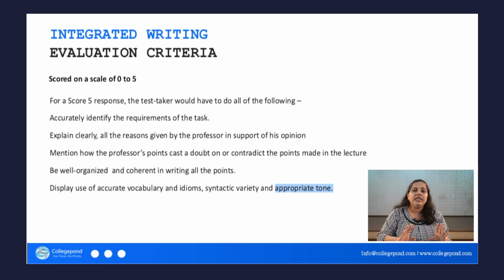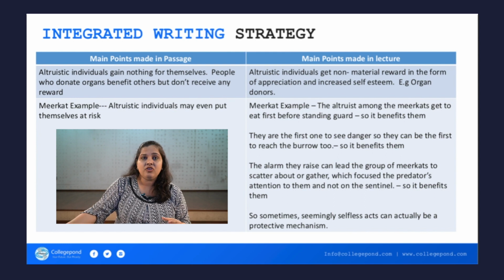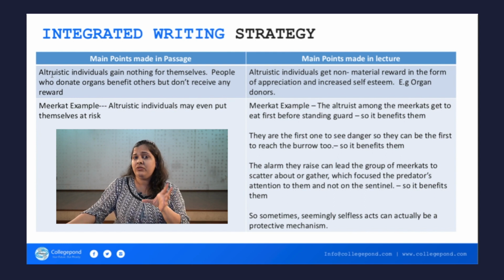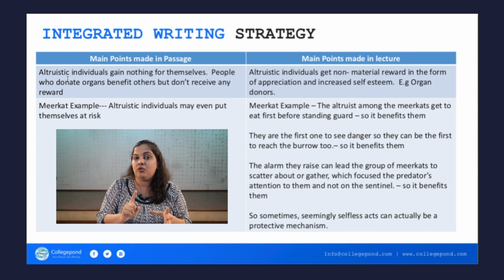So you have to steer clear of all these things. When I'm reading the passage during the 3-minute time frame that is given to me, I will actually make notes. Now, note that you will see the passage again later, but I'm not going to take my chances. I need to preserve that time, right? So in those 3 minutes that will be given to me, I'll make sure that I at least jot down a few main points.